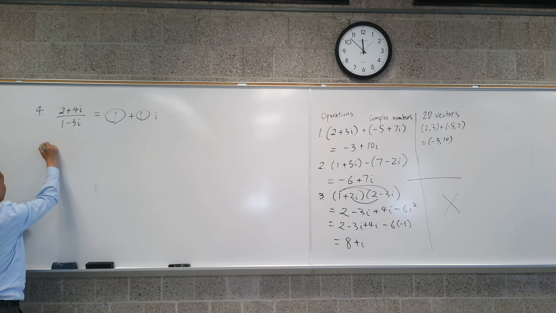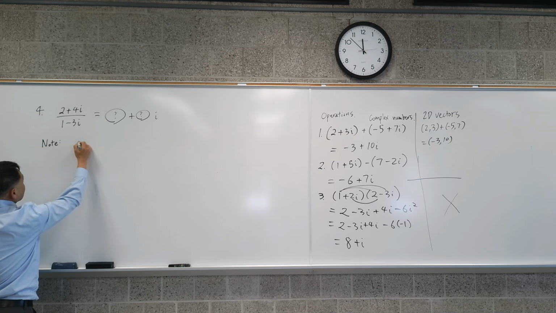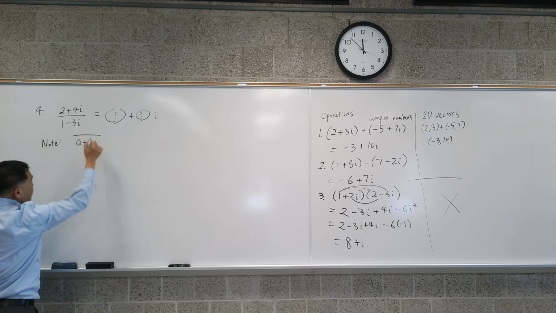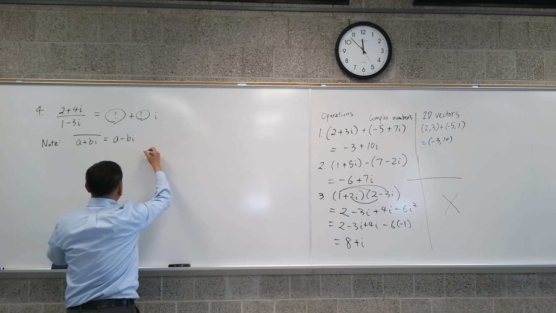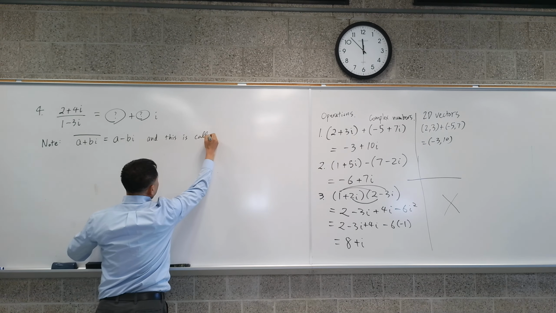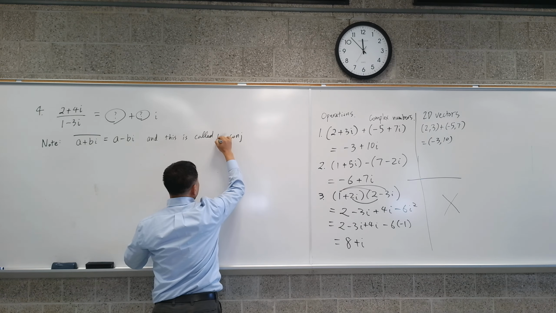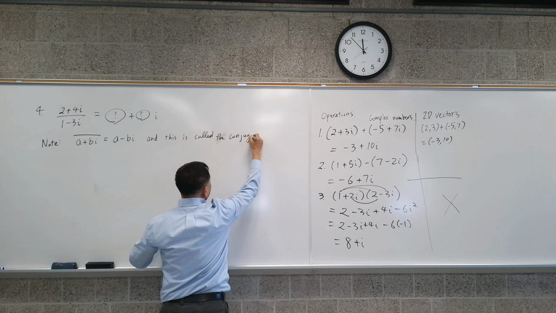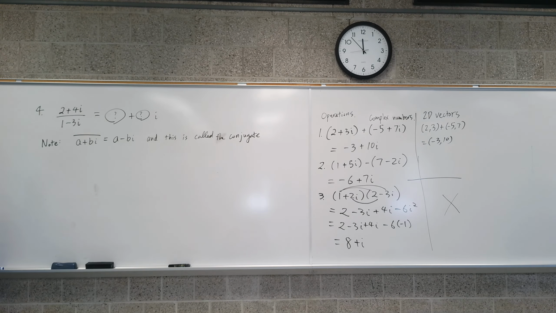So let me put a note here. A plus BI bar is A minus BI. And this is called a conjugate, or the conjugate. Okay, so it's a conjugate complex number, and the idea of doing division is to multiply the conjugate top and